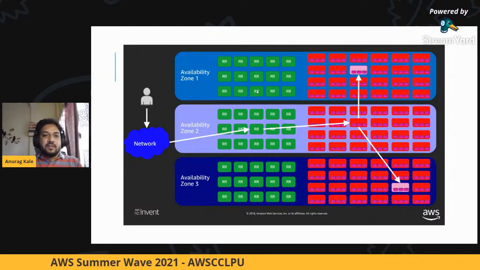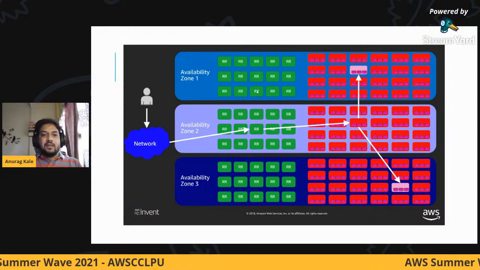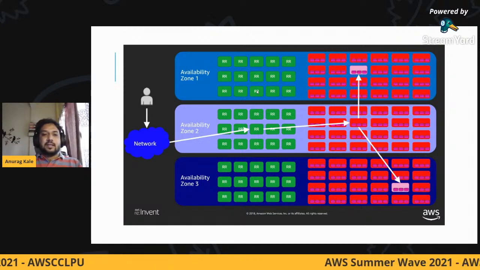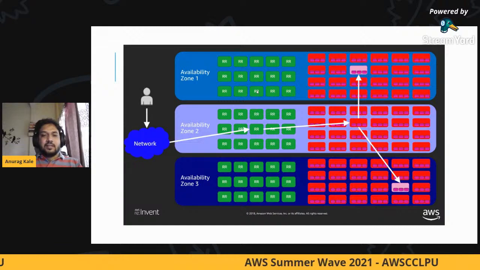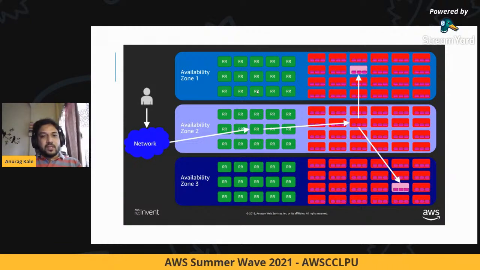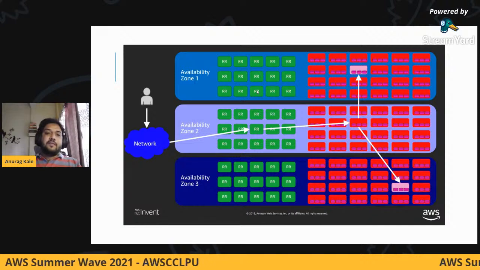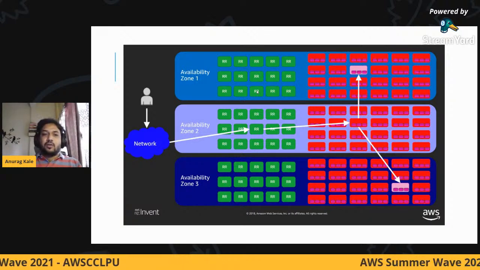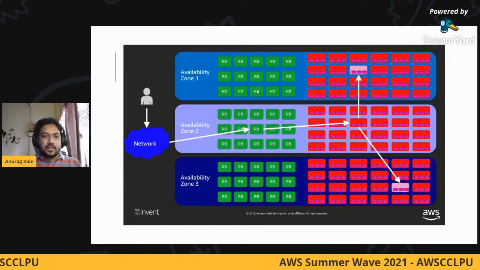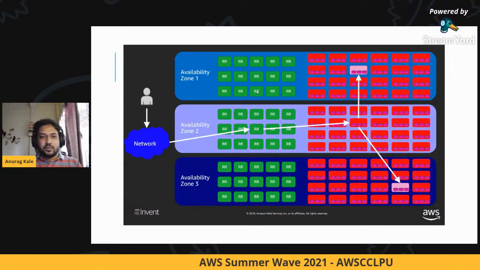Now let's say there is a function f of x and I gave it as an input, let's say Anurag, then it is, let's say, spitting out 1 to 3. So now, over the period of time, every time you give it Anurag, it is always going to spit out 1 to 3 as an output. So that is a hash function.